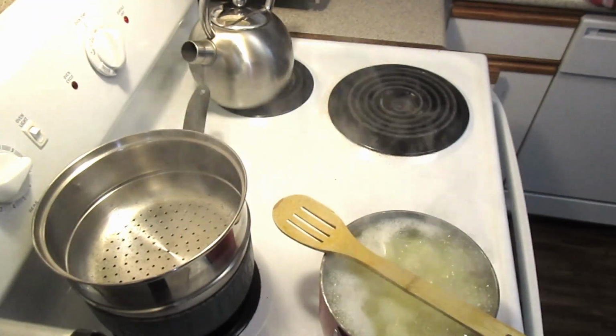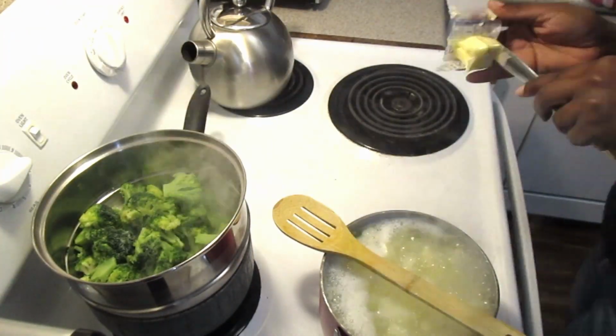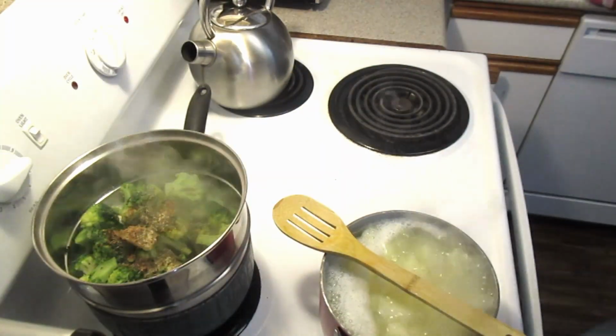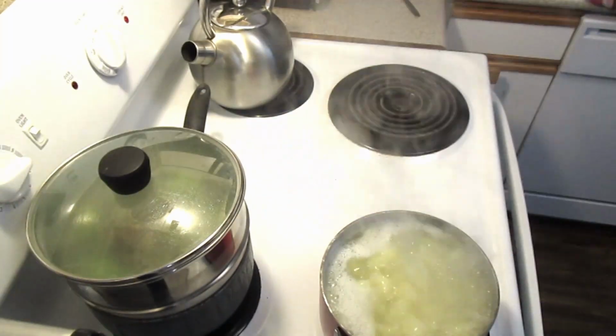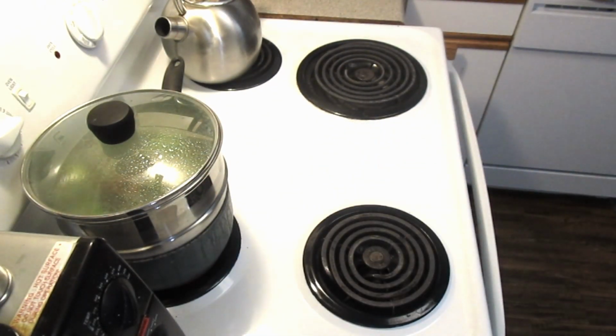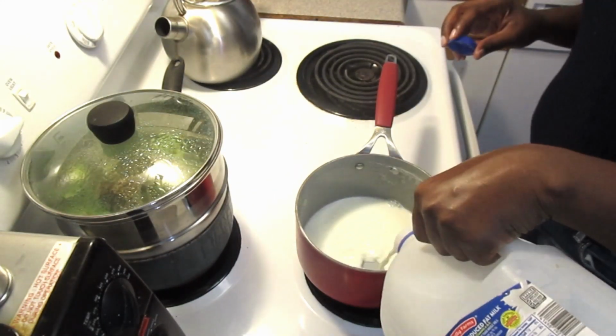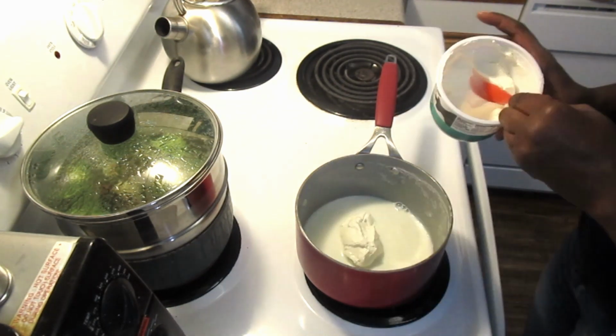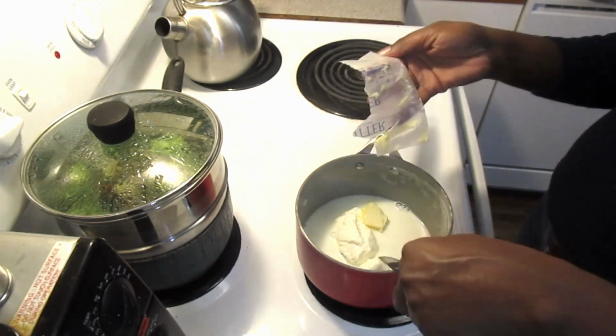Now, I already have my potatoes boiling, so I can go ahead and do my mashed potatoes. And now I'm adding my broccoli to my steamer, and you saw me make my broccoli before. Now with my mashed potatoes, all I did was drain the water off, and then I put in some milk, a little bit of butter, and some sour cream into my pot, and then I added my salt and pepper